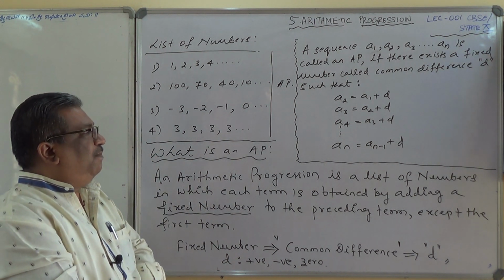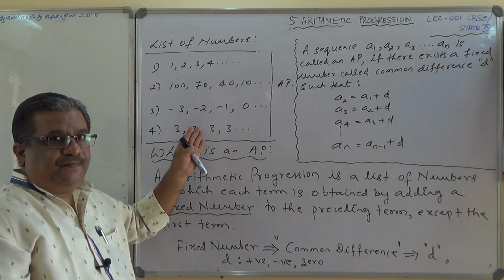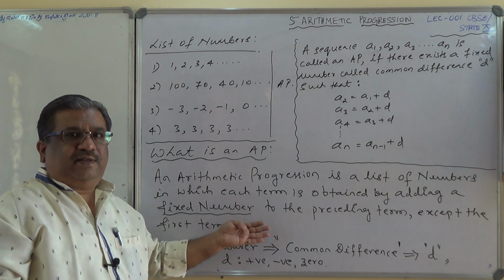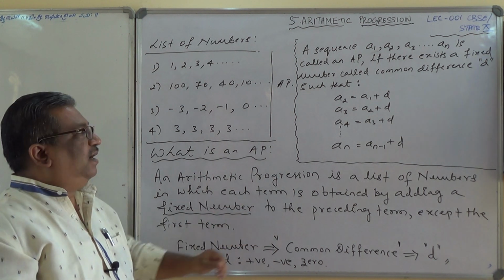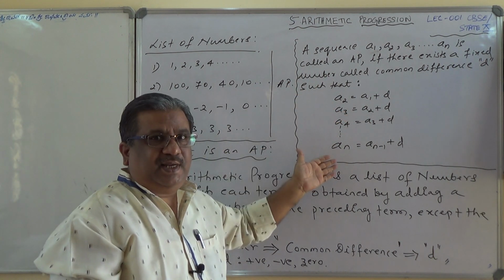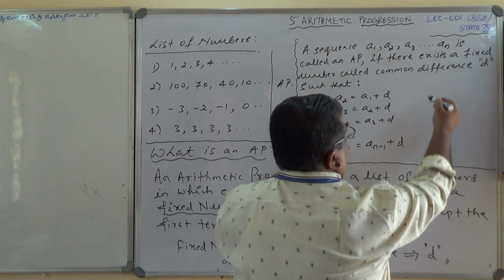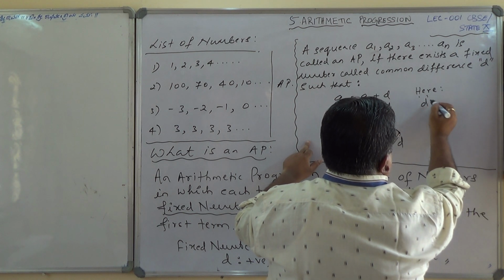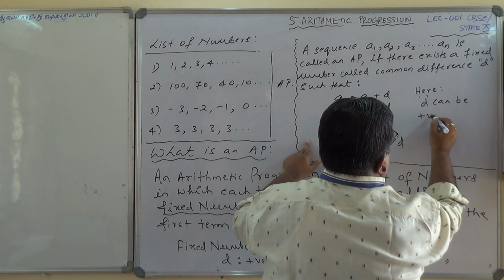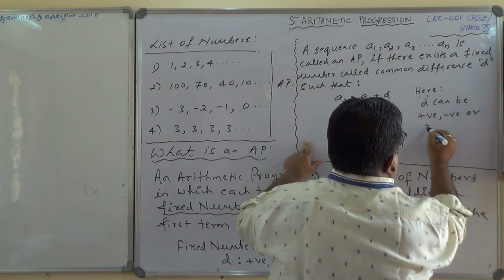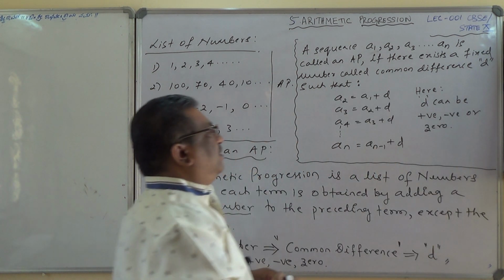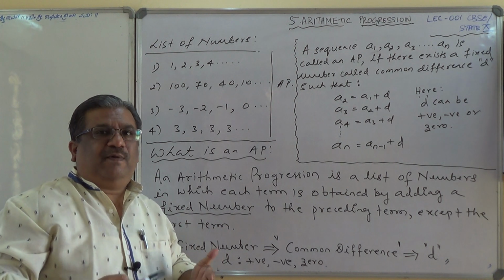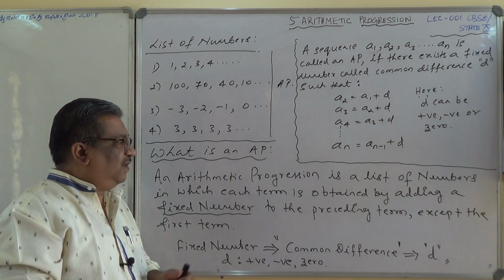So you have understood one important concept, list of numbers, a particular characteristic based on the list of numbers, conceptual definition. This is conceptual understanding. What is an AP? And this is the definition of defining an AP basically. Okay. And here also you can write one more important aspect of D here. Here D can be positive, negative or 0. If you write, it is better because it can take any values. Okay. So note it down, and then we'll go to the general form of an AP.